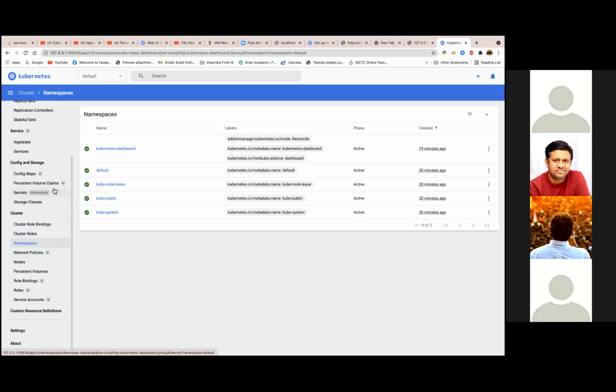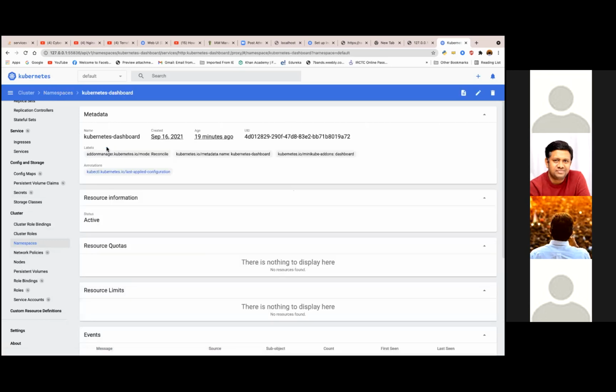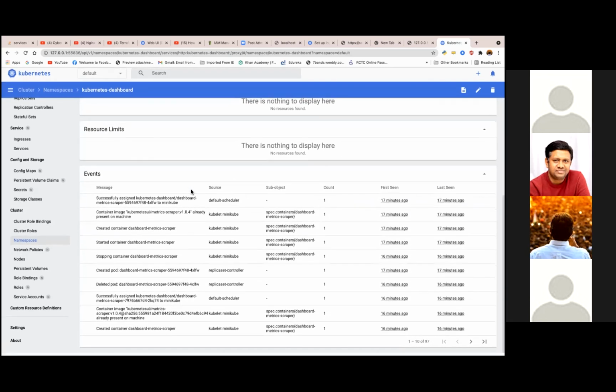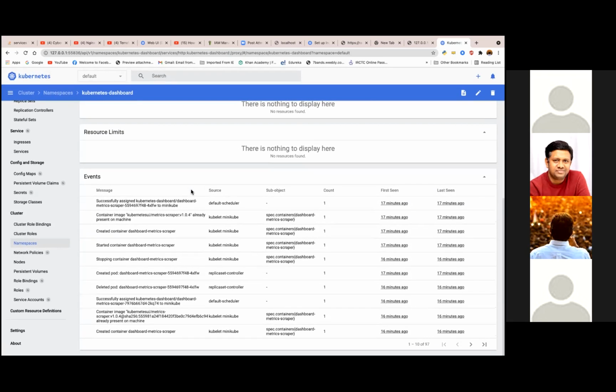Kubernetes dashboard, on the right side. Yeah, click on that. See, now this is the information, guys. This is what we got, everything. So now go down. This is the information which is coming from Kubernetes. See here, events. It started a container, stopped a container. Whatever we've done, everything is showing here.